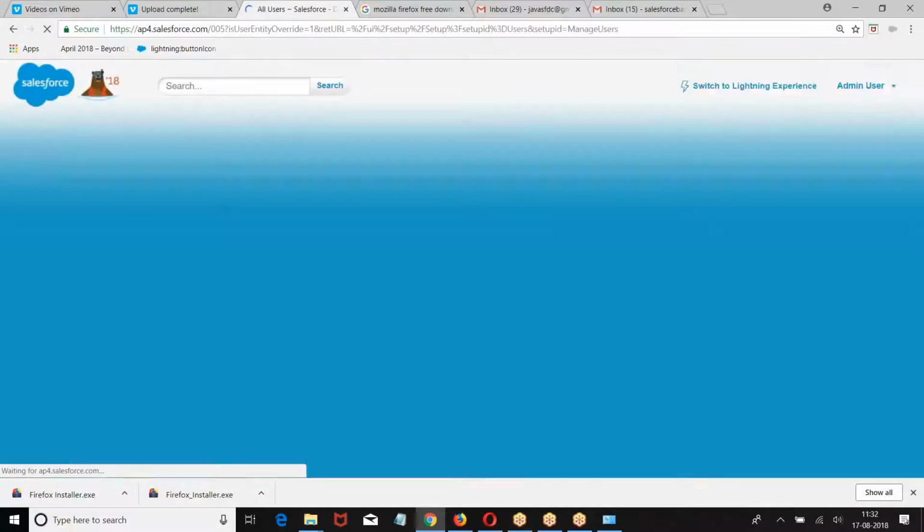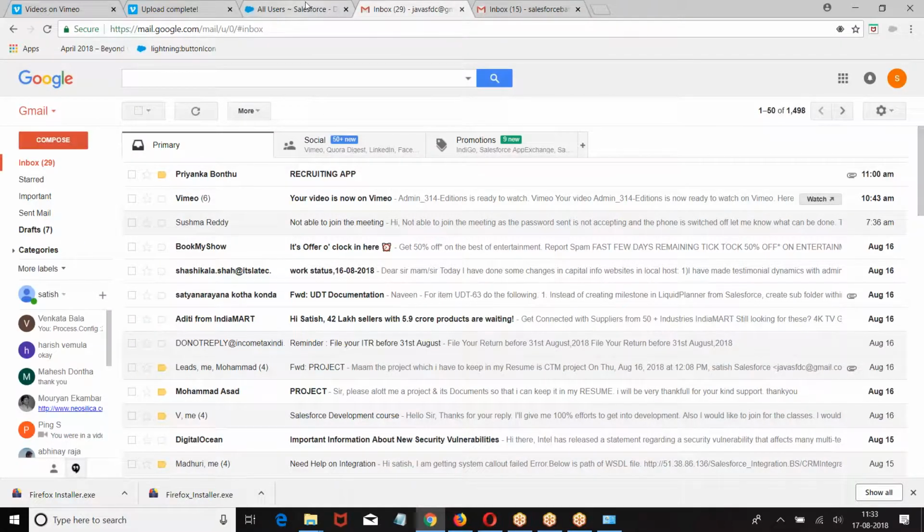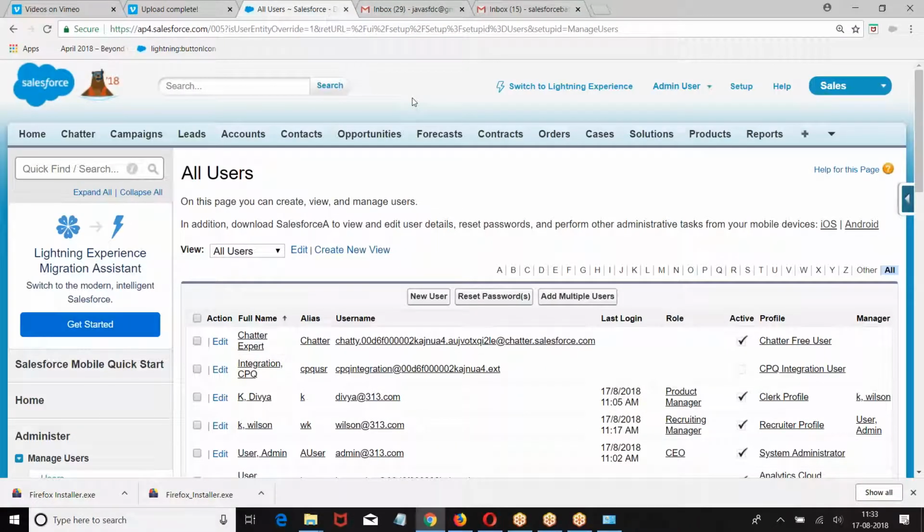Okay. Now let us go to the next step. Now I am going to create a multi-step approval. Here, multi-step approval you have done. Let us go to the next operation. In this operation, multiple approvals. I am submitting the record to more than one user in a single step. Right now, in every step, only one user we have taken. What if we have more than one user in a single step?